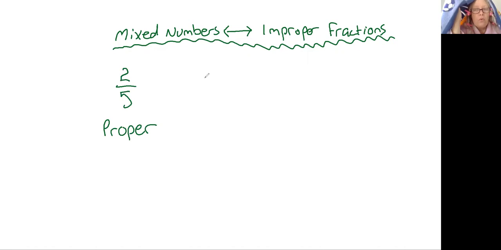Sometimes you might have more than one of something. You might have 3 1/2 of something, and that is called a mixed number. You've got wholes and fractions. It's called a mixed number. Now, mixed numbers and improper fractions are equivalent to each other. So as an improper fraction, 3 1/2